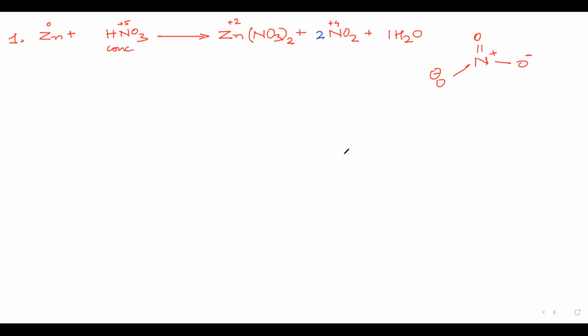So just wait a second. Nitrogen is +4 and nitrogen there is +5 oxidation state. Okay, yes, now I understand. So here we have to do balancing on this side. Why? Because here we have nitrogen in +5 oxidation state here and +5 oxidation state here, and nitrogen is +4 oxidation state. Okay, so we have to see the n factor case here.